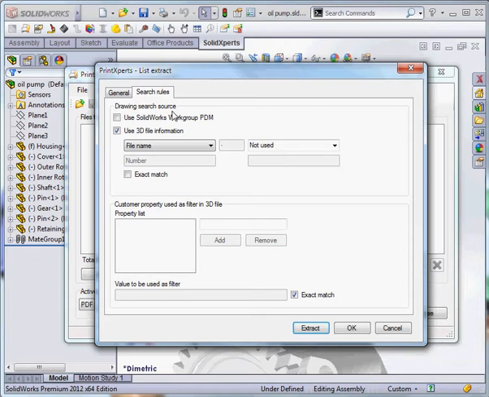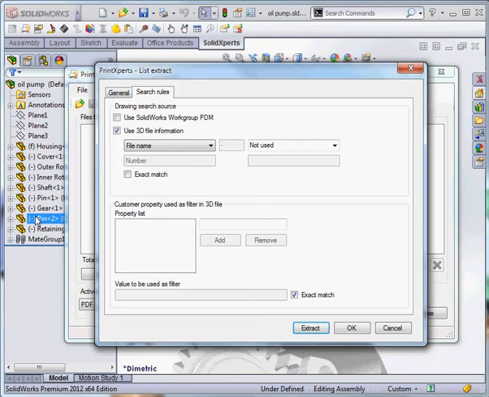The problem comes when you're not using a PDM and you're just in Windows. So how can PrintXpert make the link or association between a drawing and its file? Let's say here we have some files in my assembly, and there's one called housing. If the name of the drawing is always the same name as the 3D file, then I can just set here a file name as a 3D information source. So the file name of each part will be used, and PrintXpert will try to find drawings with the